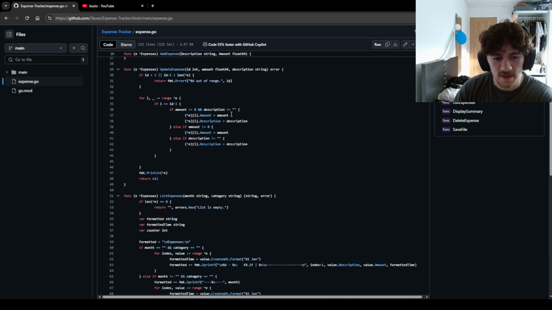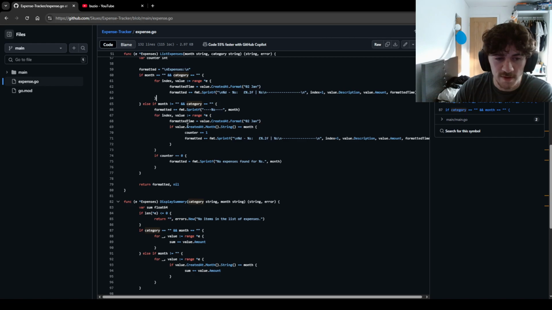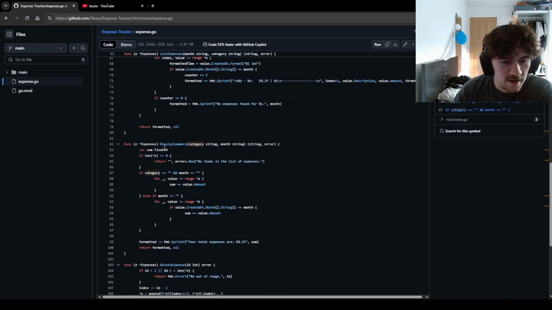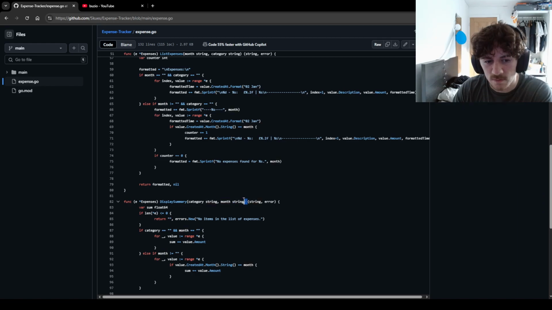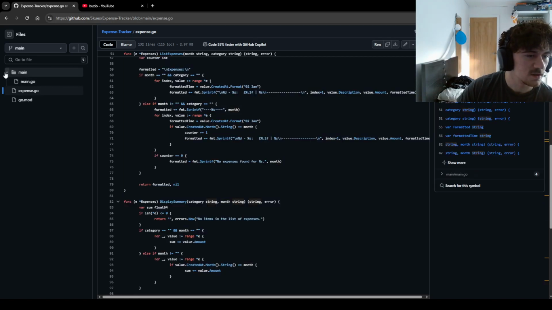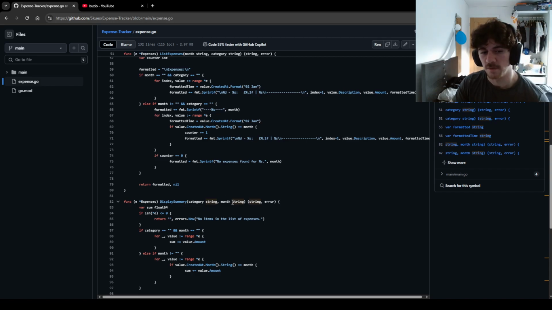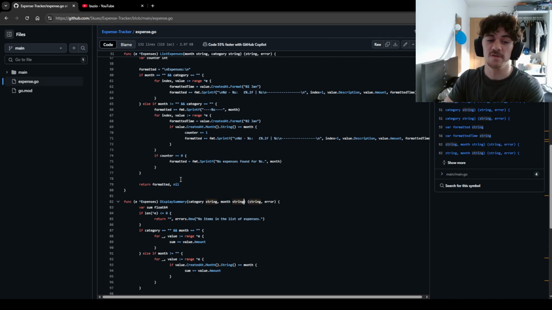All of this is the same, except there's now extra features with listing, for example, where you can list a certain month or a category, right? And then it can check what this category or month is and then only return those expenses for that type of thing. We also split display summary up as well, so it can display a summary or the total sum of expenses of a certain month or